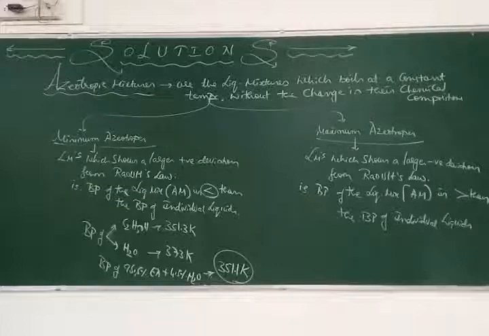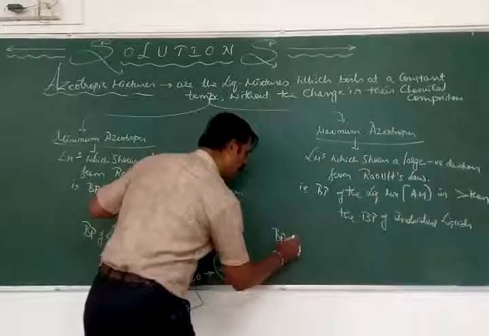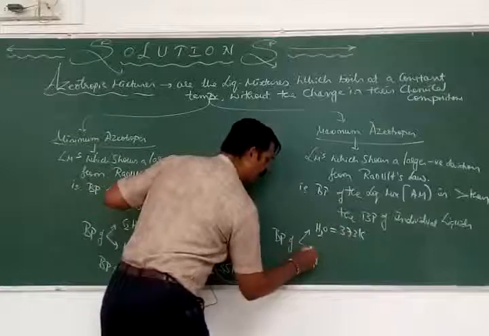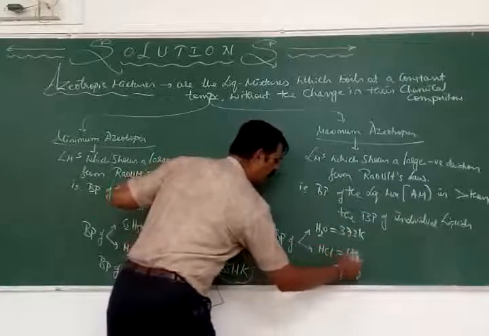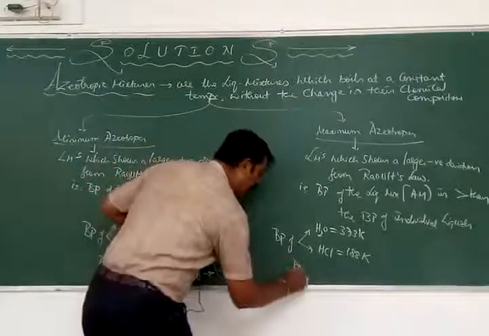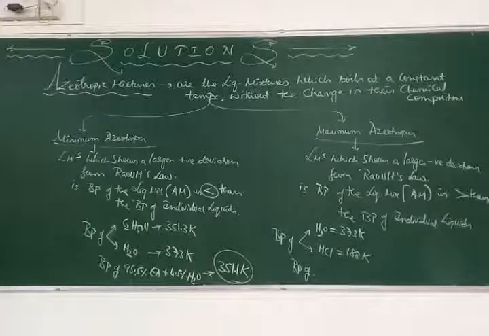Water and HCl. The BP of, as usual, water we know that is 373 in terms of Kelvin, and HCl, it is 188 in terms of Kelvin. Whereas the BP of the mixture is nearly 80 something, I think, 80% of,